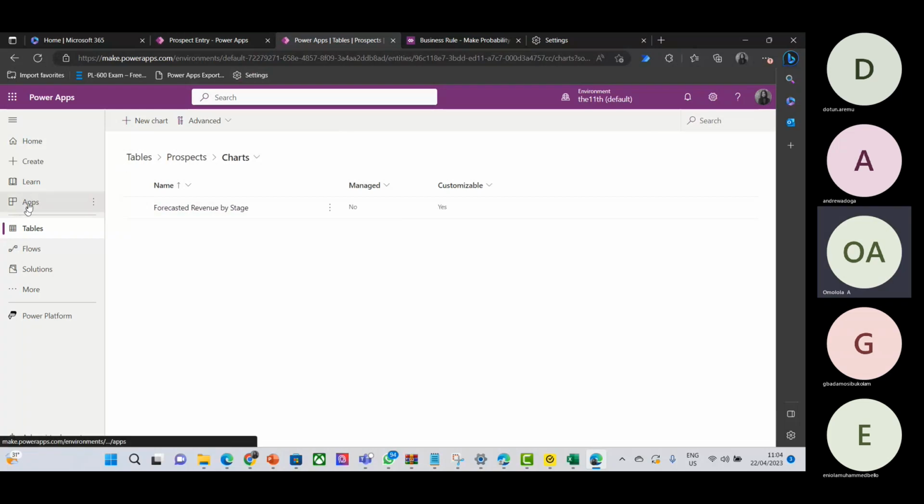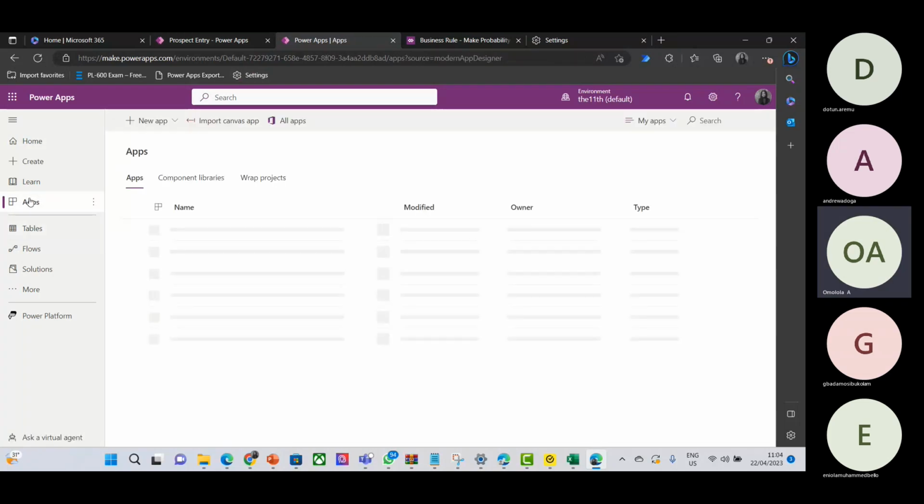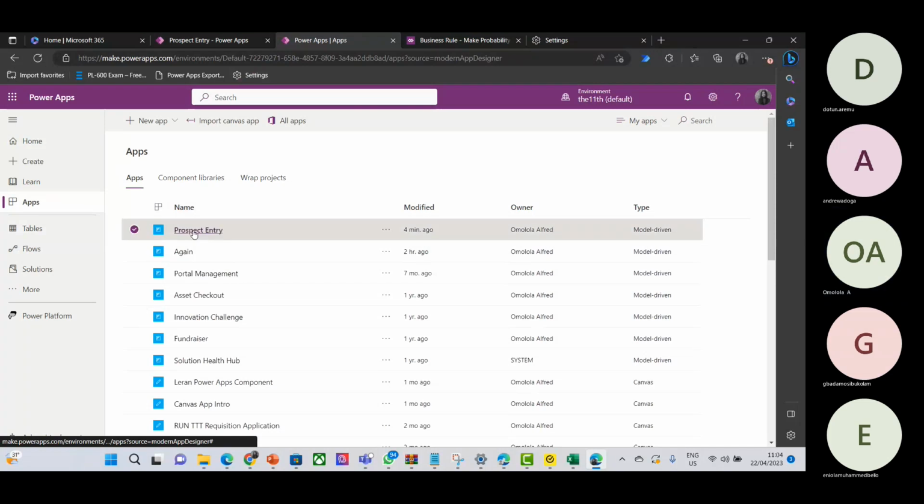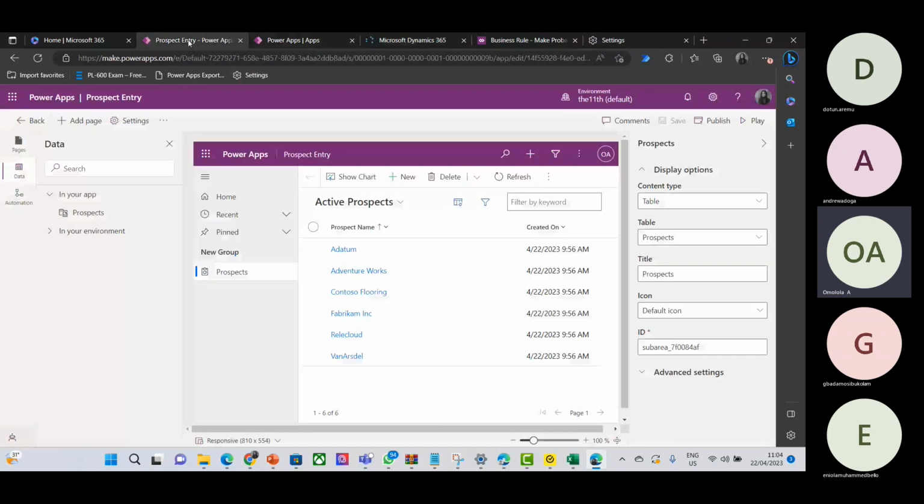So let's go back to app. Go back to app. You can see this is my app, prospect entry. I can just come here anyways, but I've selected this app. So I'm just going to close this and come here. So this is our prospect entry. And now that we have